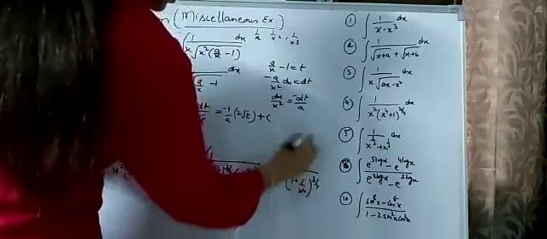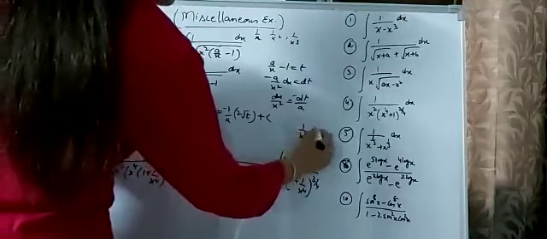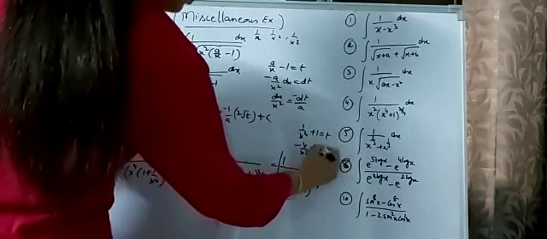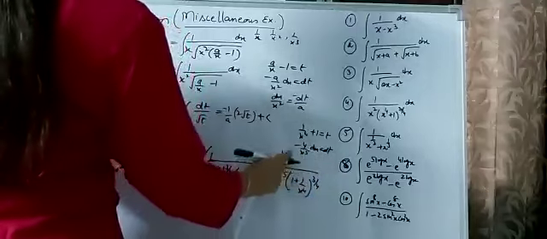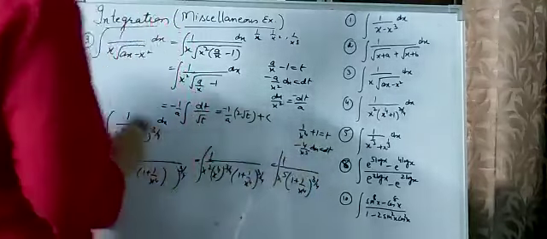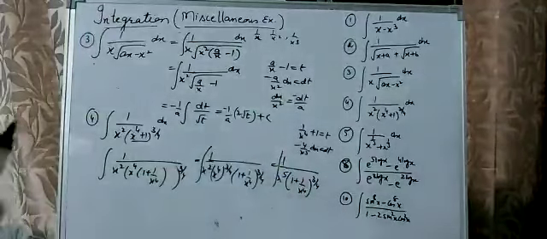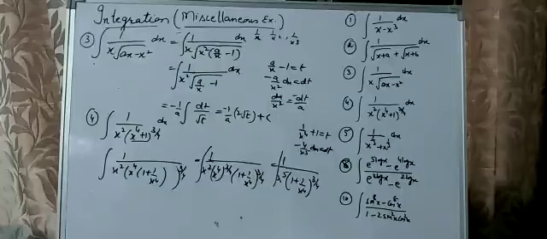Now see the integration of 1 upon x4 plus 1. Its derivative is minus 4 upon x5, so dx is equal to dt. So 1 upon x5 dx is available to us. So you can solve the integration like this. So whenever the complete function is in the divide form, you make this maximum power common in the divide form so that you can solve it.